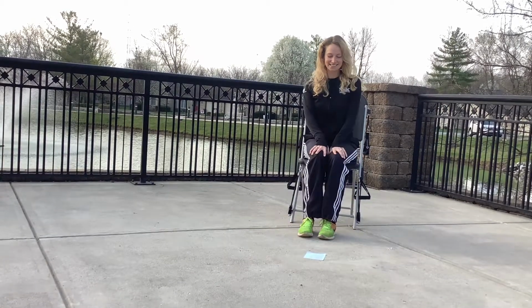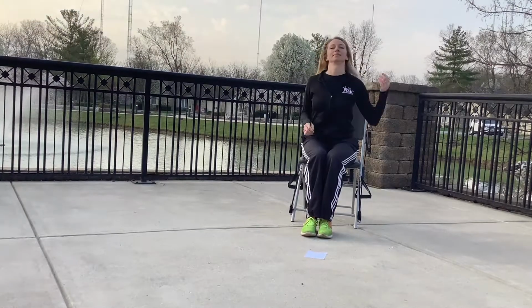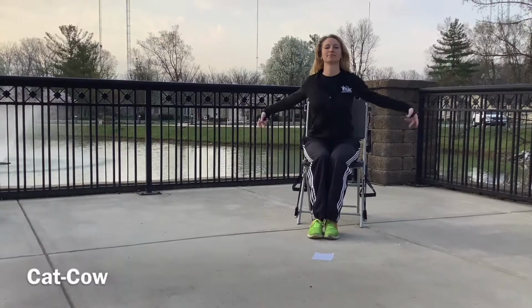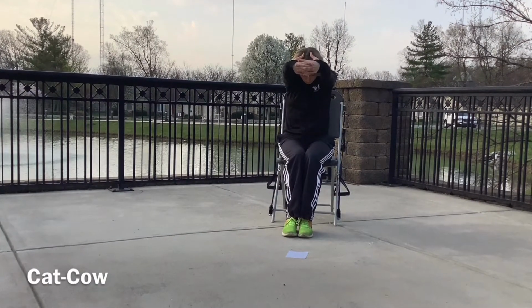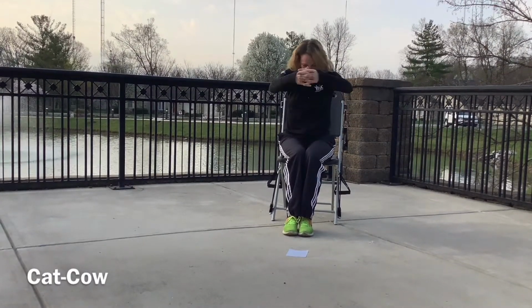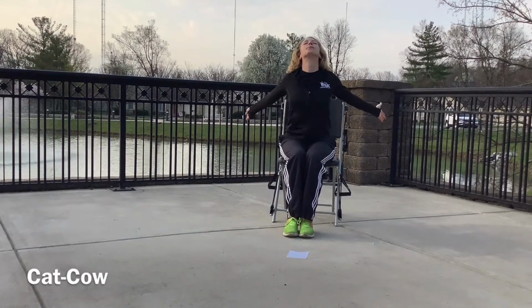Walk the feet back together. Sit up nice and tall. As we prepare for a variation of cat-cow, pull the belly button back towards the spine. We're going to bring the hands together, push them out away from the body, and lower your head in that space between your arms. Next, we're going to open up the chest, bring the arms back, push the chest forward,